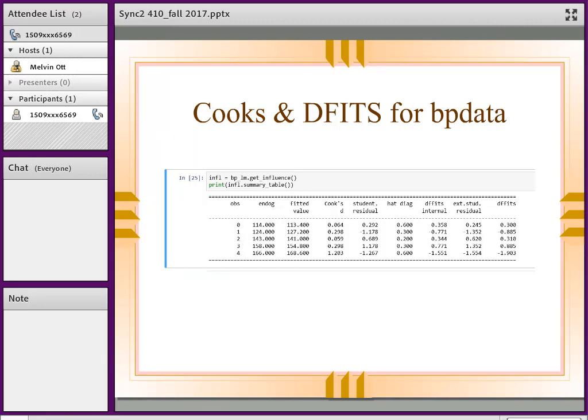Where you want to look in here is Cook's D, and you see there's nothing really standing out there in terms of being a big number. And then the same thing over here with DFFITS. These are all pretty small numbers, which indicates nothing really going on. So now let's go to